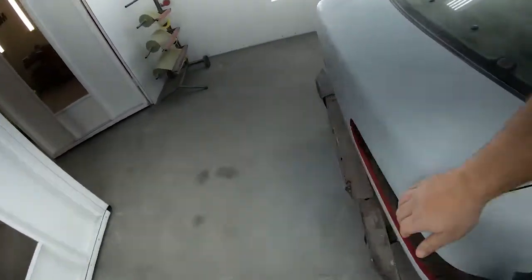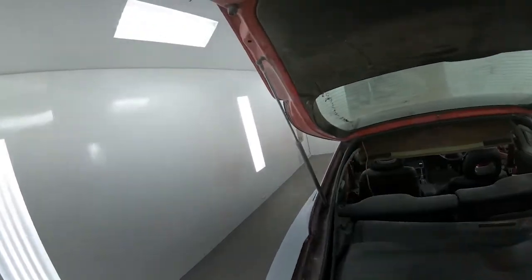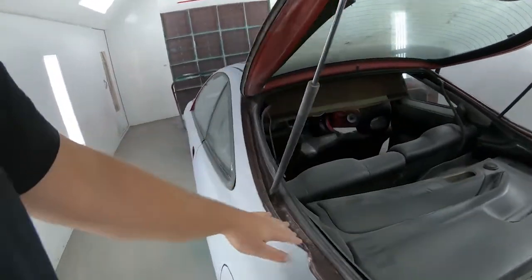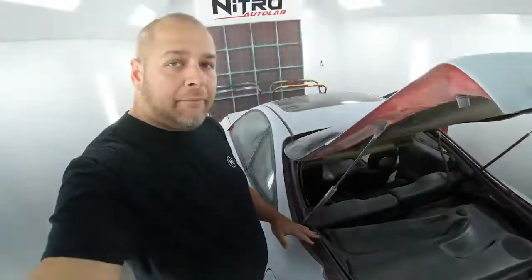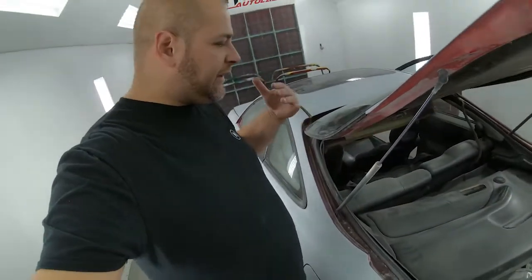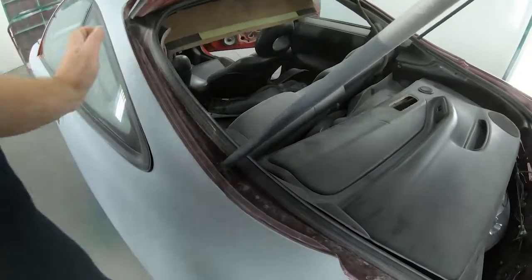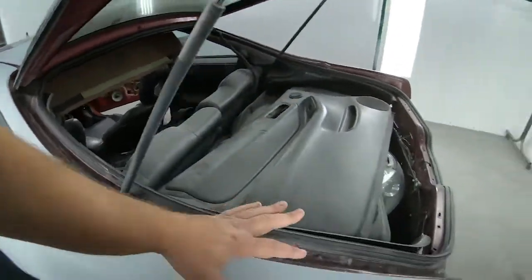So on the back here, you can see it was a red hatch that was already put on the car. It's real dirty right now, but we're gonna go ahead and take this piece off to reveal the inner part of the jamb here. So we like to do all that before we paint the external part of the car. That way we can close all the doors and everything and paint it all at once without having the doors open. So we'll be removing the hatch, removing the props, removing the seal, removing anything that doesn't want to be